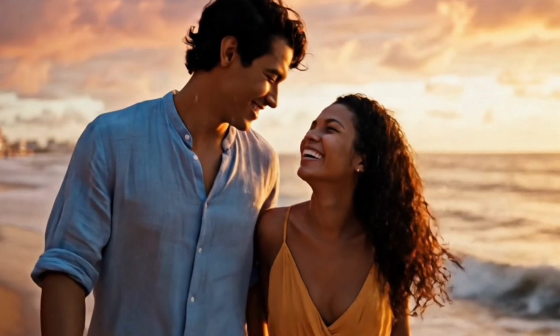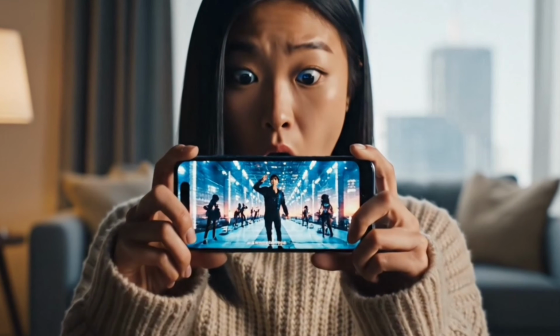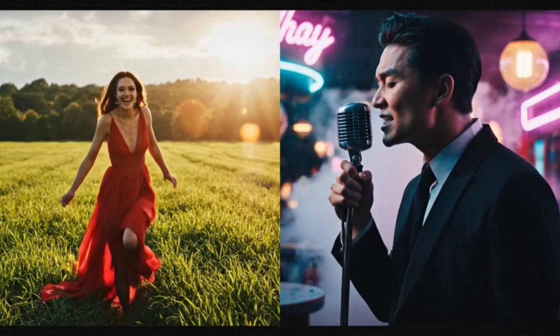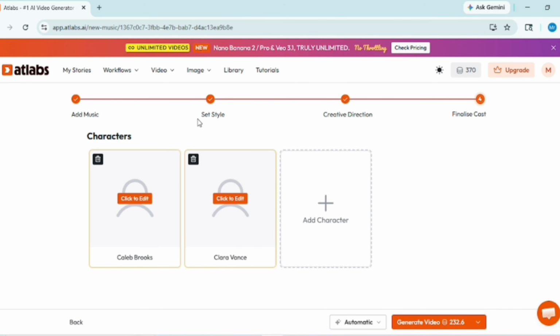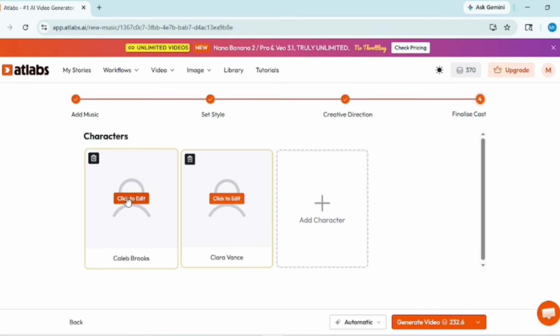Hello everyone, hope you're doing well. What if I told you that you can create a complete cinematic music video using AI, and the main character of that music video can literally be you? Sounds crazy, right? Today I'm going to show you an AI tool where you can create a full 5 to 10 minute music video without using a camera, without hiring an editing team, and without learning complicated software. Everything happens inside one single platform. And there's one feature in this tool that honestly blew my mind. You can literally upload your own photo and cast yourself as the star of your music video. So if you've ever wanted to create your own music video, this video is going to be a game changer